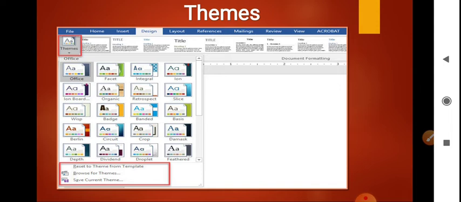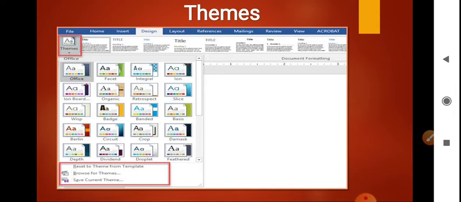In the first page only you will get the themes. If you want to select directly the themes, you can give it directly. So whatever the fonts are there inbuilt, or you can say the color, you will get directly the themes.